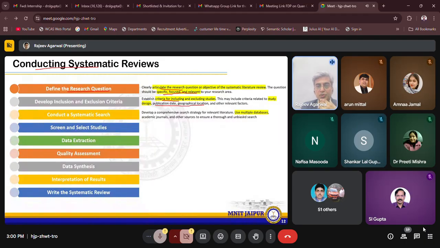So you need to use multiple databases. You cannot rely on one database. So minimum 2 databases have to be there, and those are Scopus and Web of Science. So since the government is going for the One Nation, One Subscription scheme, there's ONOS, UN. So if you are a reviewer of some journal, you can get the complementary access to these databases. So you can do unbiased research.